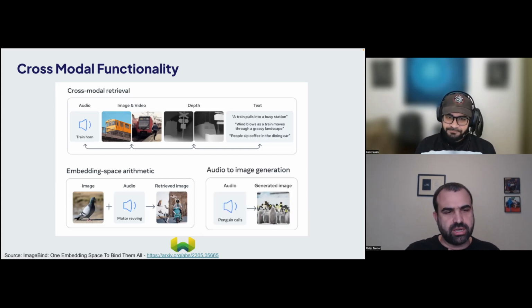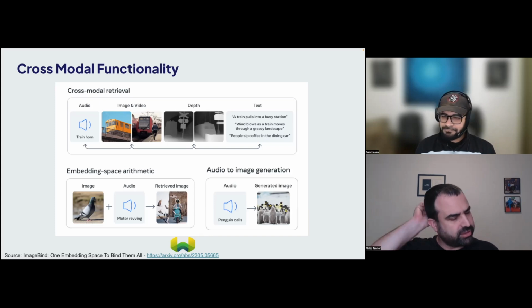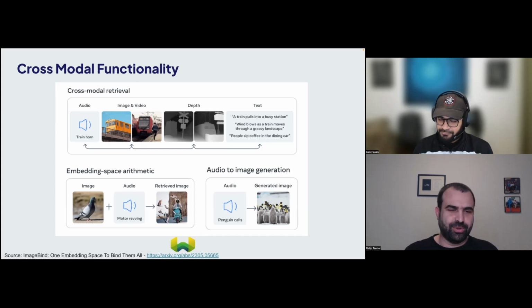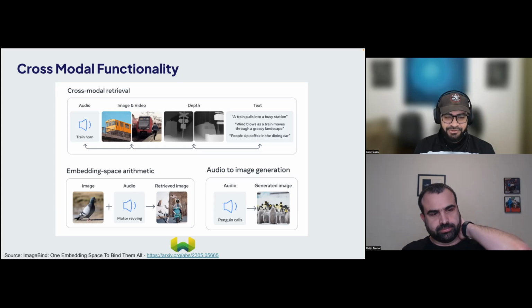There was a question in the chat over here about which paper you implemented. So it's here at the bottom. Exactly, it's right there. ImageBind. This is from Meta AI. This is quite a powerful multimodal embedding model. This is not the only one, but practically this is one that works great.